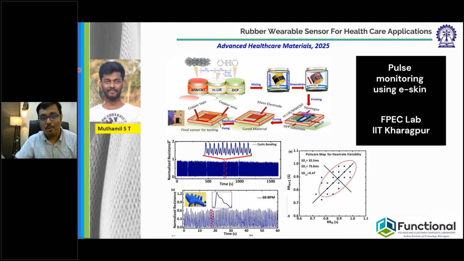who started working on the development of this type of printed sensors. And the sensor is something like this. What you can do is place this sensor at your radial artery position. In this particular position, you can place it, and then what you get is very critical information about your pulse rate. So I'm going to come to details, and by that time